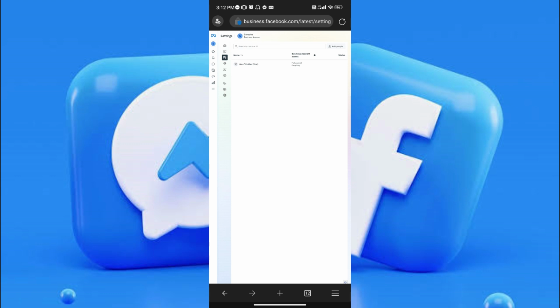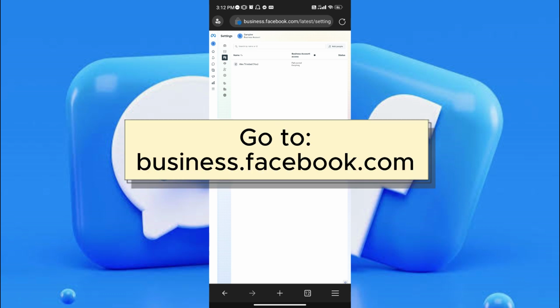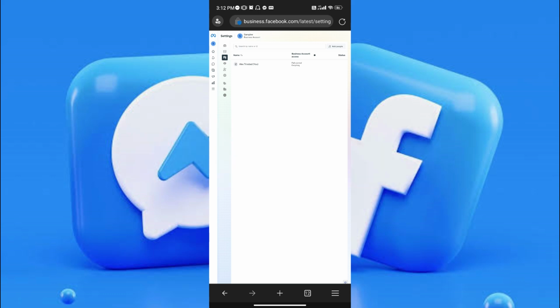And once you've opened, all you have to do is to type in the link business.facebook.com. When you've typed it in, all you have to do is to log in, and if you still haven't registered to the business account, all you have to do is to register using your Facebook account and you will be